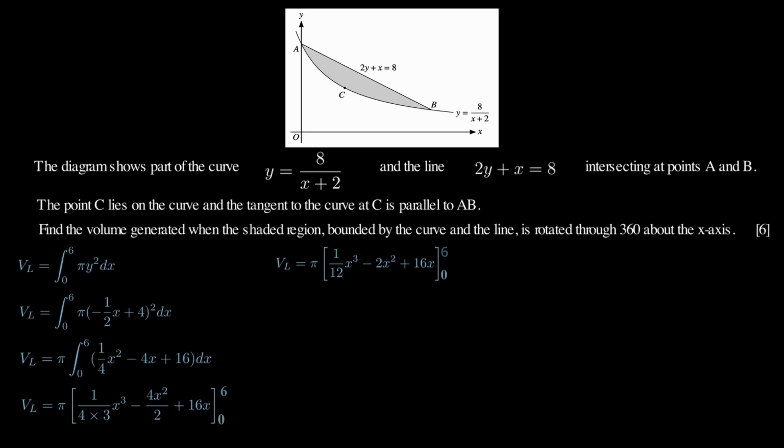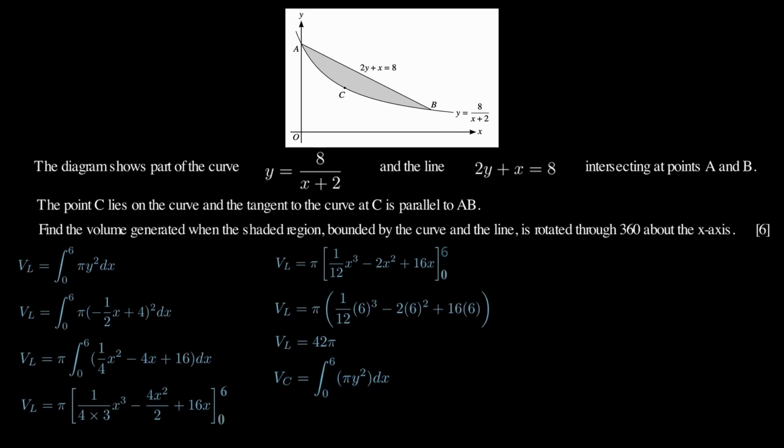Since all of the terms inside the bracket have x in them, inputting 0 is just going to turn into 0. So I just have to input 6 in order to get the volume V_L. If I do that, and then use the calculator, I can find V_L equaling 42 pi. Let's try to find V_C, which is going to equal the integration from 0